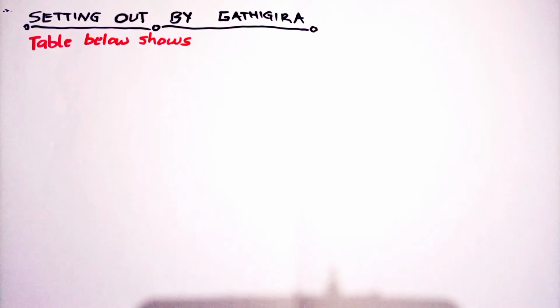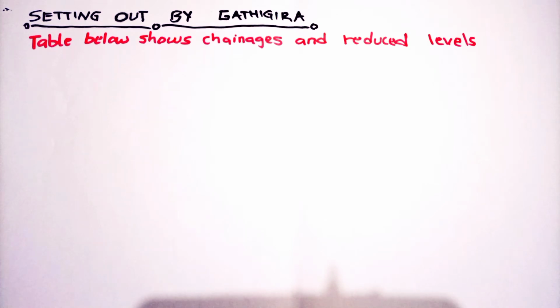So, setting out survey, a topic found in civil and building engineering, either in a diploma or a degree course. The table below shows chainages and reduced levels taken by a quantity surveyor